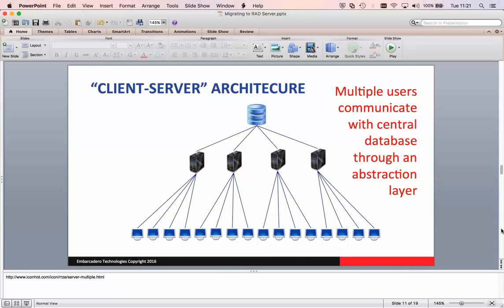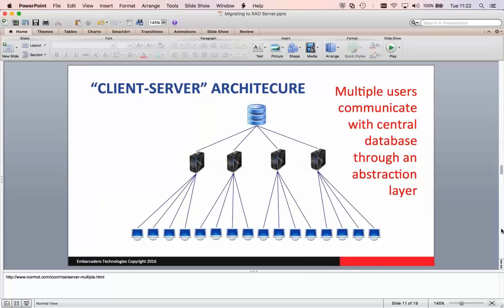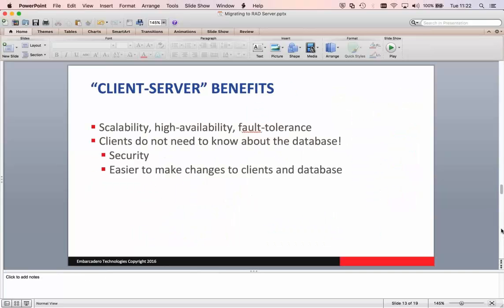So you can have multiple different clients. Clients do not need to maintain information about database connectivity. Clients also do not need to have the database access layer. They only need to know how to connect to the servers, and this is now typically happening over the HTTP or HTTPS protocol, which is by definition stateless, and is good for applications like mobile applications that do not expect to be connected to the database over extended periods of time. So lots of benefits to client-server applications,